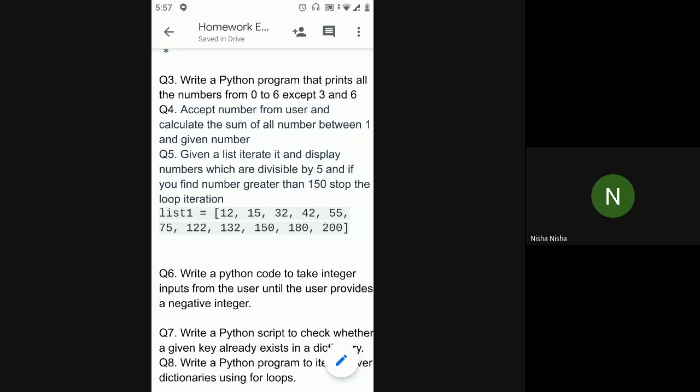Okay, so now in this case, since you have a specified list, the list has a definite number of elements. So you will use a for loop. We saw how we iterate lists using a for loop, right? So same thing, we'll iterate this list using the for loop, and at every element we'll check if that number